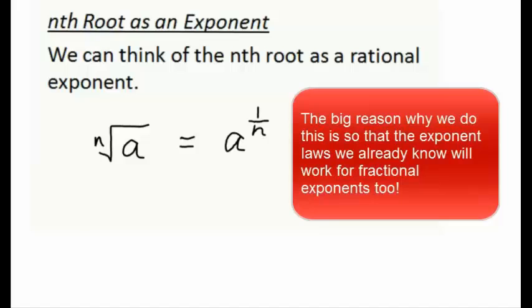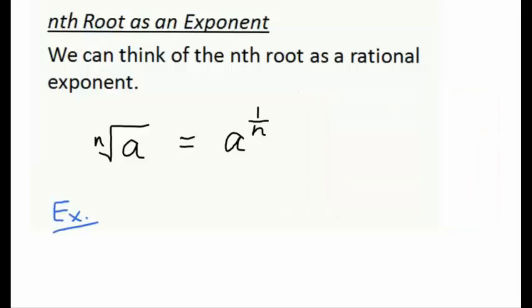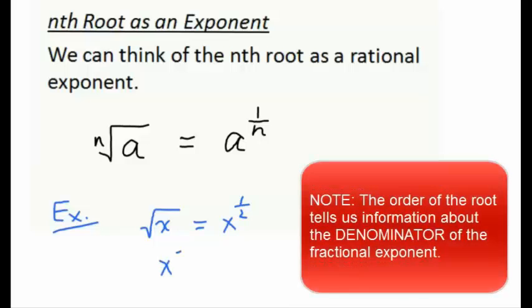So here we can think of the nth root of a as a to the power of 1 over n. Just to give you an idea with some numbers, let's take the square root of x. We can rewrite this as x to the 1/2. If we have the cube root of x, we can think of this as x to the 1/3,